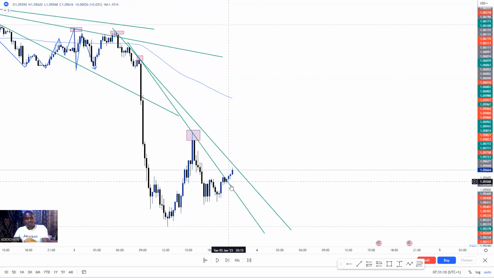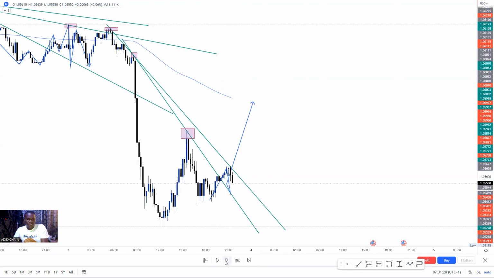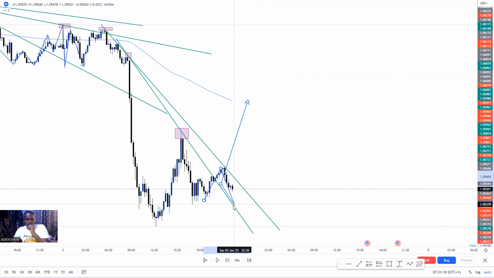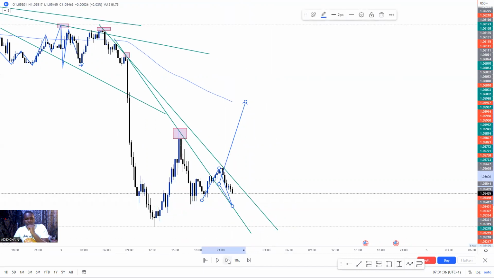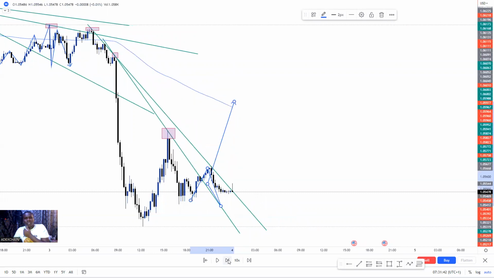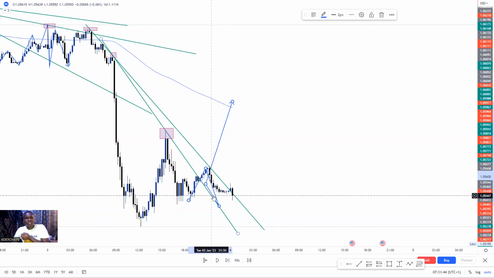I started watching my chart at this time because I was expecting a retest. As the market booms, I'm expecting a retest like this or somewhere here, and boom, upside. But unfortunately, it didn't retest as I wanted. I was like, it's coming, it's coming. Okay, maybe the retest is going to happen here, right? But I was waiting, watching the market, and boom, again, it breaks the second trend line,